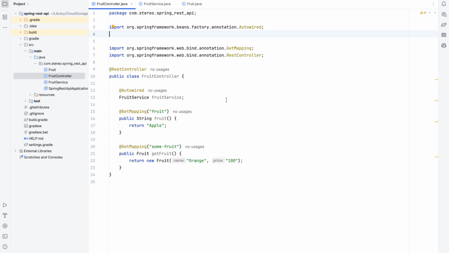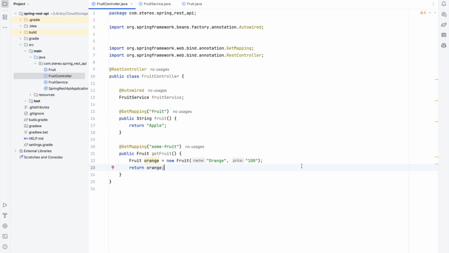Now the fifth shortcut will be, if you, let's say, want to extract something into a variable. For example, I am having this fruit class object, okay, this I am using a constructor to create this particular data. So let me remove this return. If you want to extract this into a variable, what you can do is press Command Option V. Okay, if you see, it automatically created a variable for whatever it is returning. So I can just select it and I can return the orange now. Okay, so it is just extraction of a variable. Command Option V in Mac. In Windows, the corresponding command is Control Alt V.